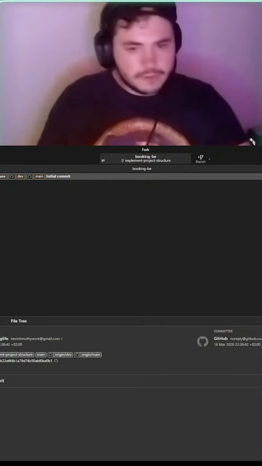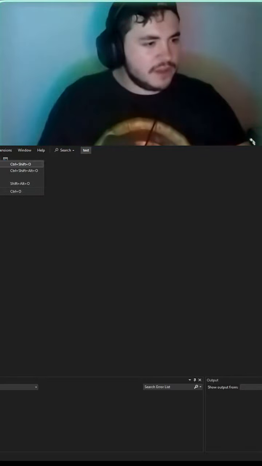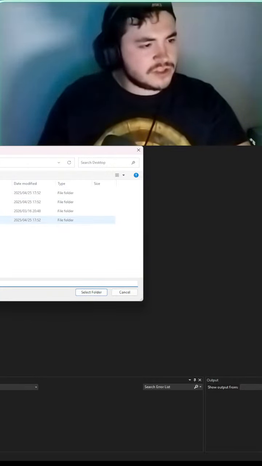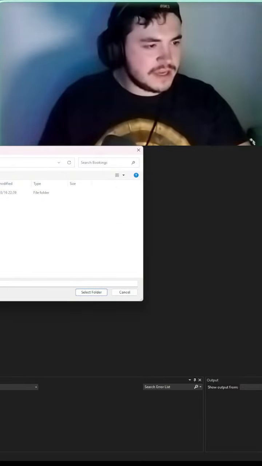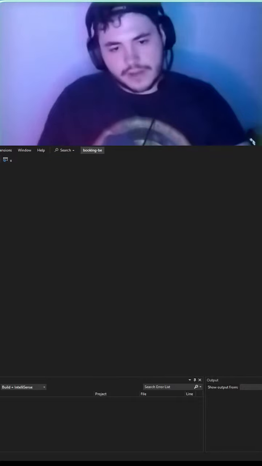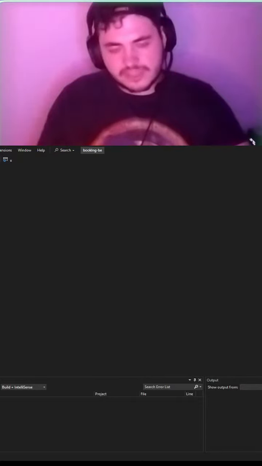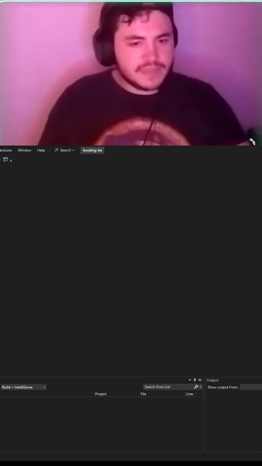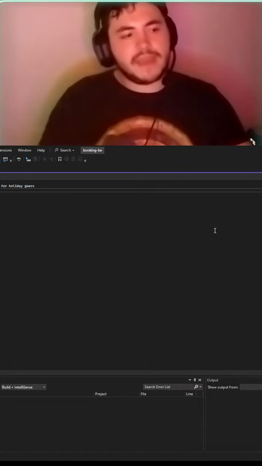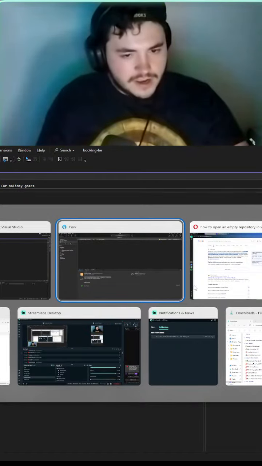Okay, so we're basically going to be going here, File, and instead of doing a project and solution, I'm going to go Folder, Desktop, not that desktop, Bookings, Booking Backend, Select Folder. Alrighty, we're in it, right? Here is our program, our solution in our Solution Explorer, and we've got our readme here. Let's open our readme and see what it says. Booking backend, this backend is part of an assessment. No stress, don't you worry.